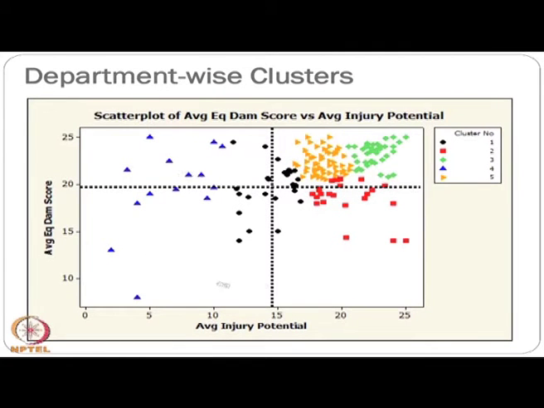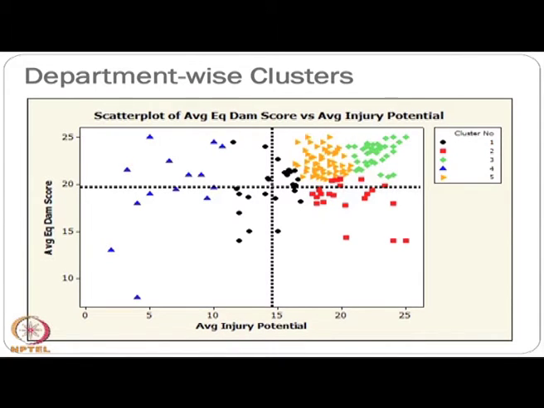Now, see the plot. If I see the average injury potential and equipment damage score, and the membership cluster number, you are getting this type of picture. But please see what is happening here. There is so much overlap, and it is quite obvious, because you may not get crystal clear demarcations unless the nature is such that the departments have a distinct difference.